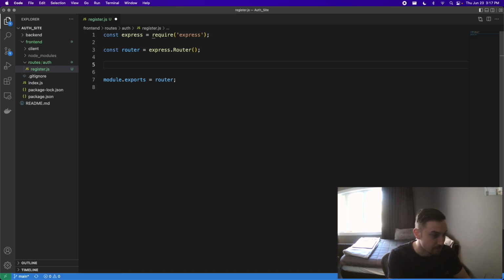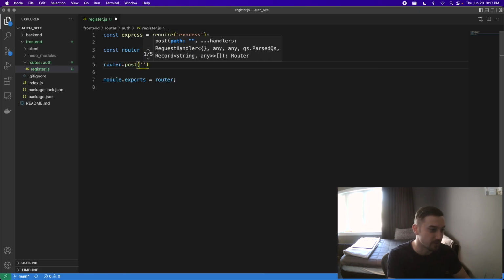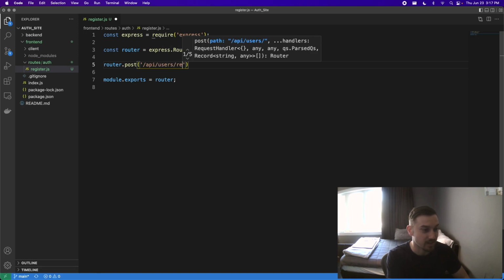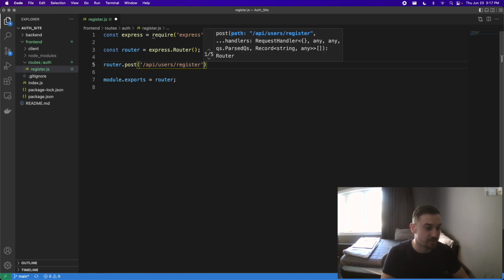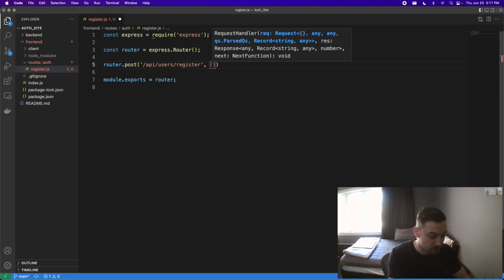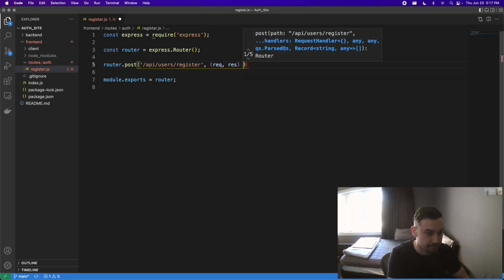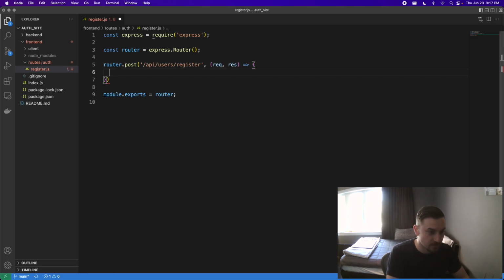So I'm going to do router.post. And then the endpoint for this could be /api/users/register. So this is going to be on localhost 5000 that this endpoint's getting hit. And then I'm going to have a callback function with request, response. And then inside of here, in this route handler on Express, which is running on localhost 5000, this is